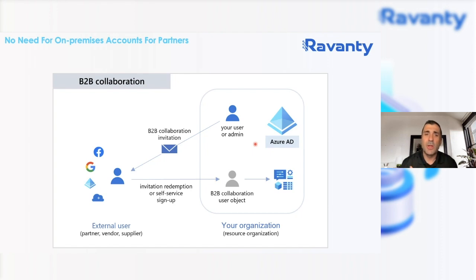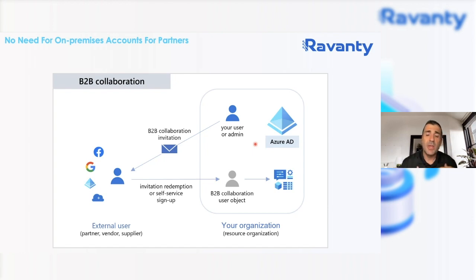You have to be able to control and create accounts for all your external partners as they're coming into your environment. You have to create the account, you have to enable it, and then they have to come in and access what they need to do. And then when they leave the organization, you have to go in and actually disable the account. You have to reach out to find out if they're part of the organization. Now, what you could do with Azure Active Directory with Azure B2B collaboration is automate that entire process.